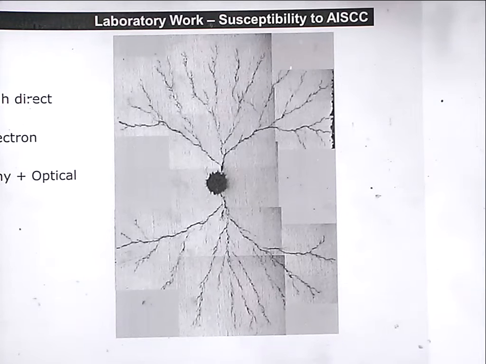Okay. So what's happening in stress corrosion cracking? One of the most common, popular models is the one called the oxide film rupture model.